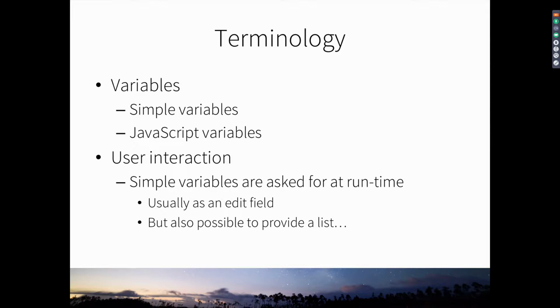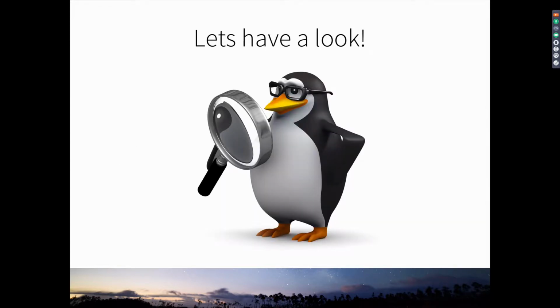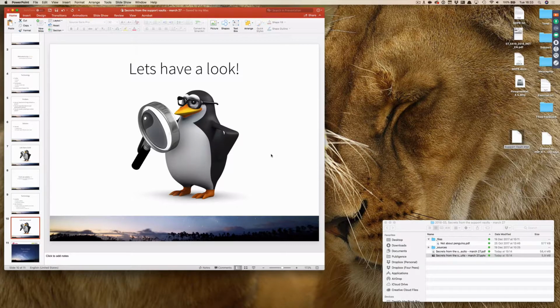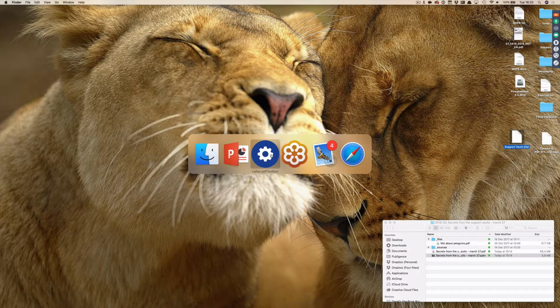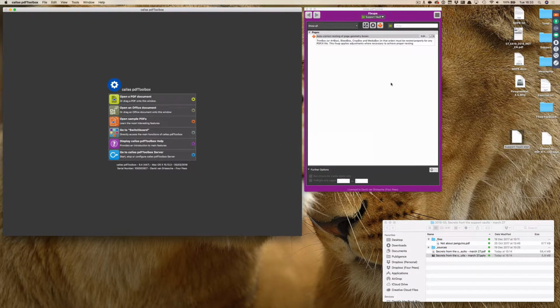What is much less known, and it's much less known because it is something that wasn't in the original concept, what was added, I believe, in pdfToolbox 9, is that those simple variables can also help the user in making the right choice. And that sounds very, very theoretical. So let me go back to pdfToolbox and